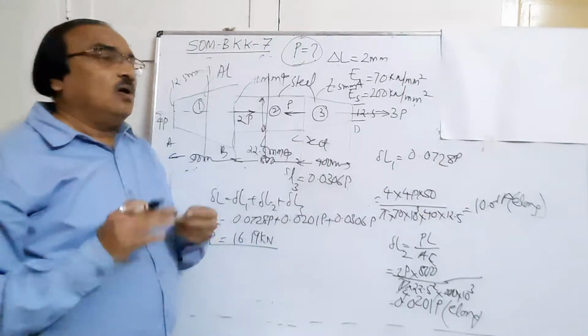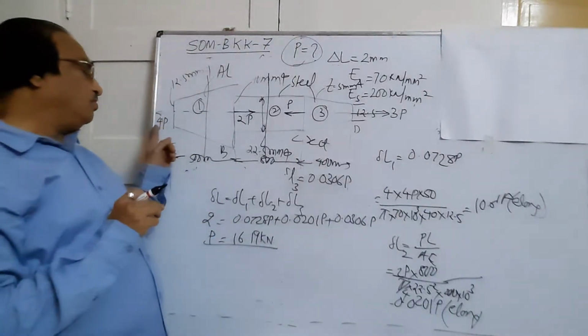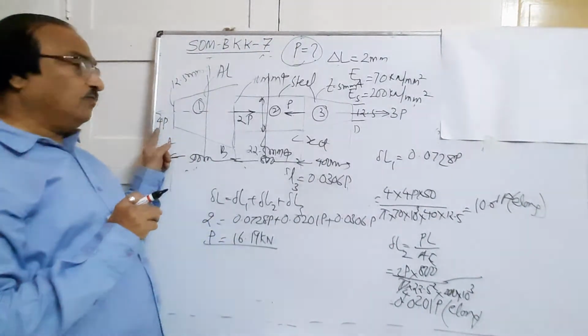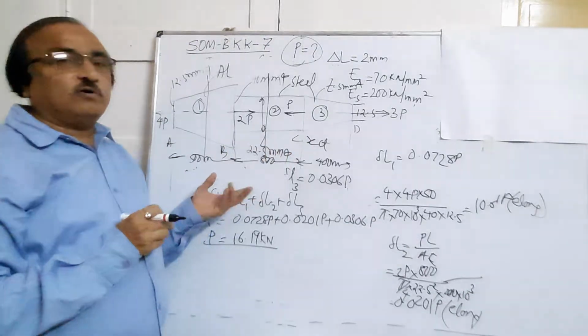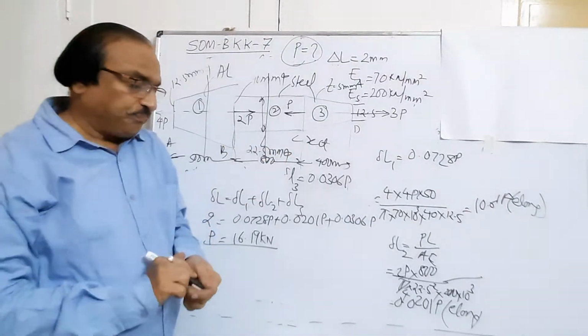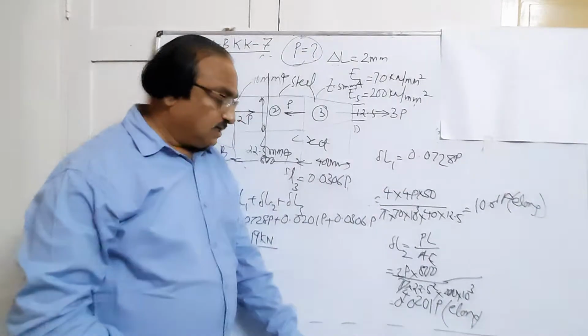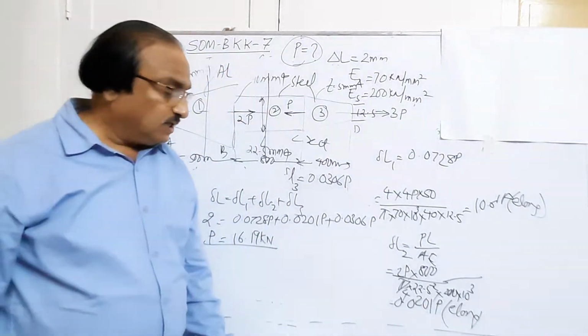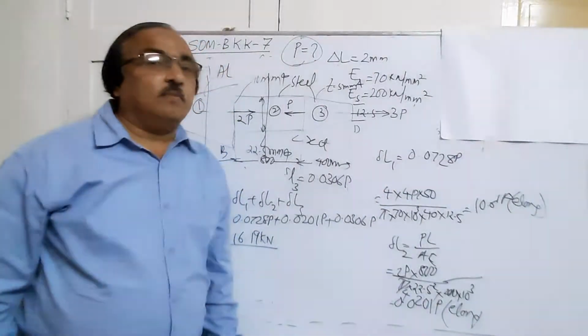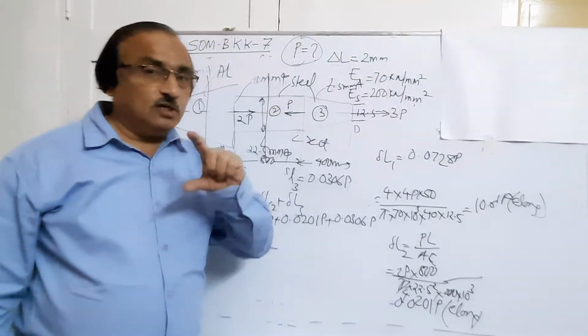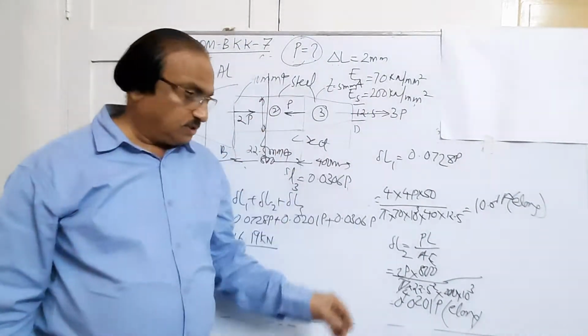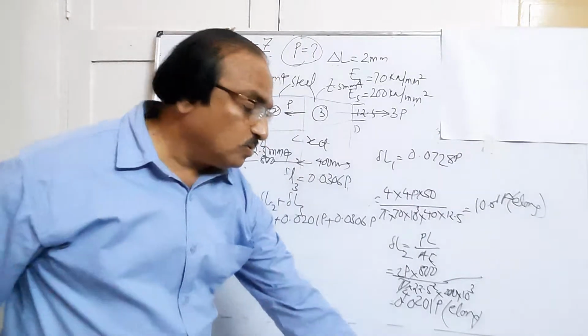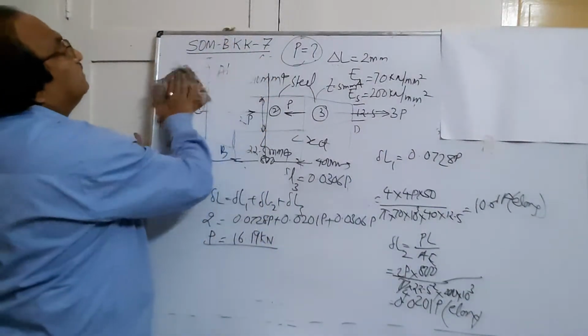16.19 kilonewton. Or I can give the load as P into 4. Load will be given to you, deformation will be asked of you. So these are the types of problem you see in composite cross section, either uniform cross section or tapering cross section. Now we'll go to another category of problems.